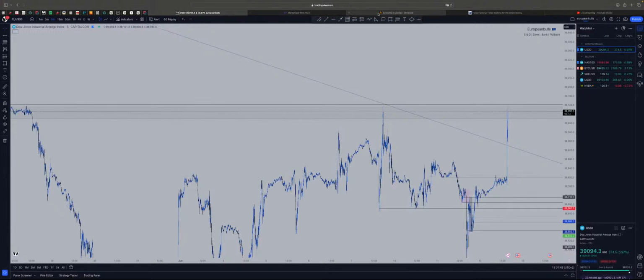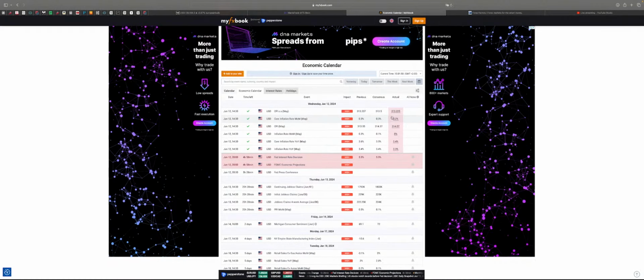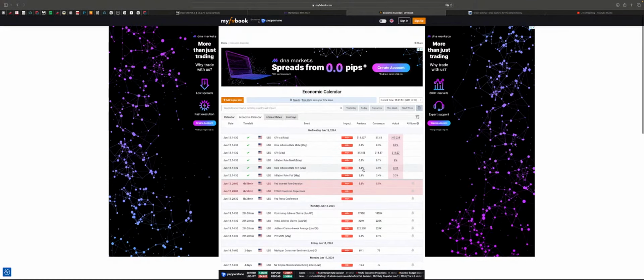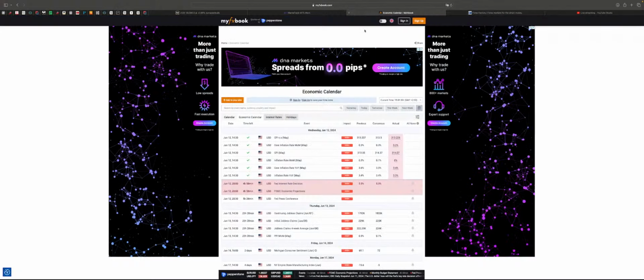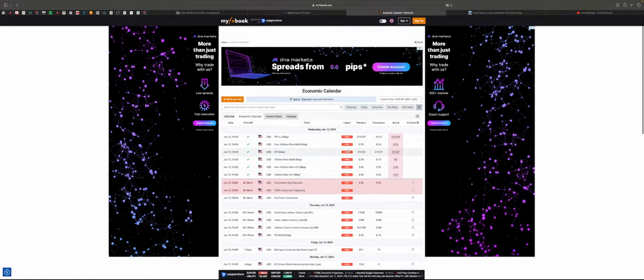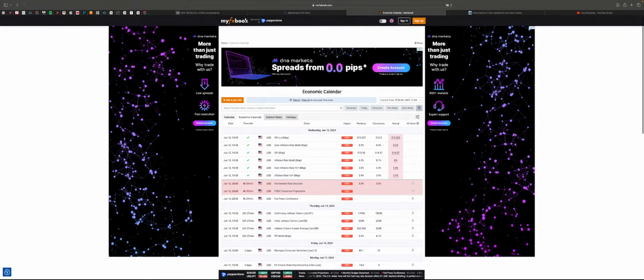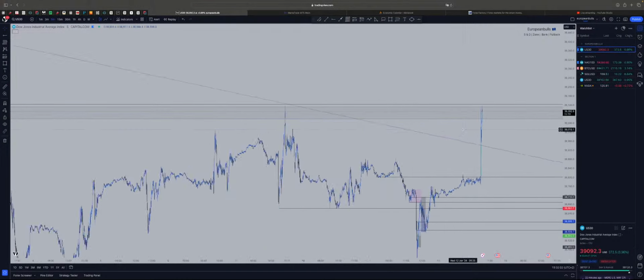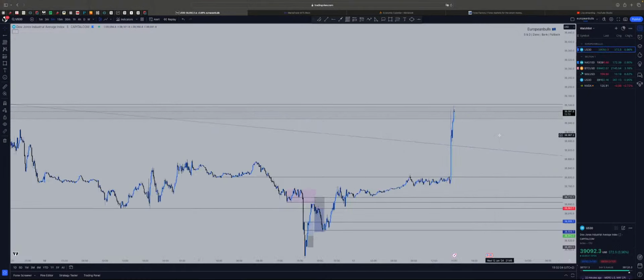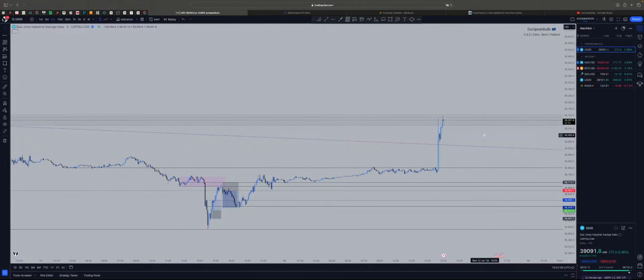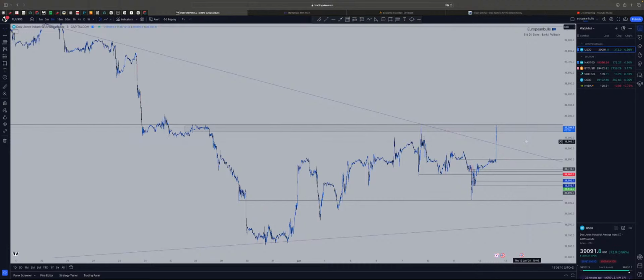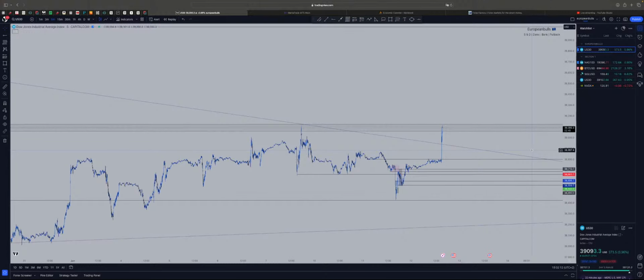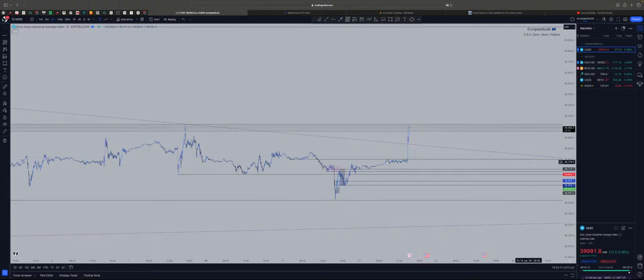As we know, today we had a CPI which came out really hot. You can see the numbers, and not a very good day to trade, but as always I want to be live and show what I do. If I manage to get any setup, I will share it with you. Alright, so let's see what happened during the CPI.